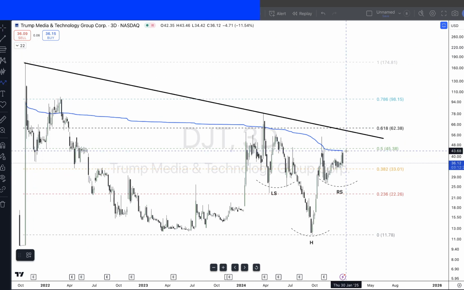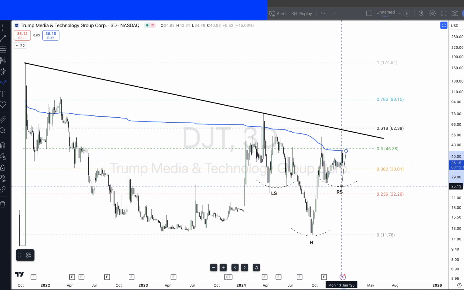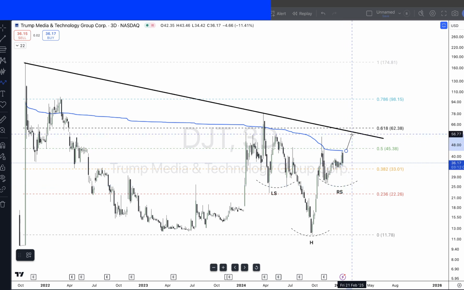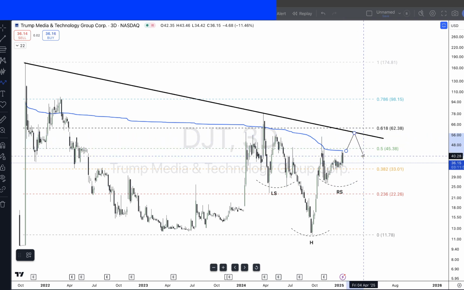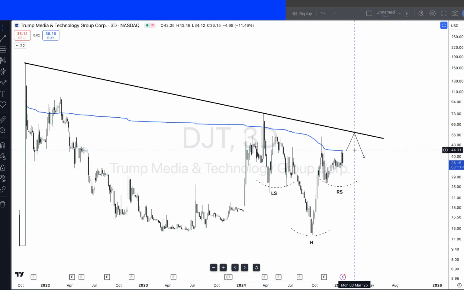I don't know how long it's going to take for price to get up to this trend line. It could make it in a myriad of ways, but remember, we're coming up on this right shoulder. It looks like we're finishing the right shoulder, and we should have a nice pop here pretty soon. But however price gets to this neckline, we could either do one of these, or one of these, which I'm not too sure what's going to happen, but if this is a true inverse head and shoulders pattern, I give this a low probability, like 20%.